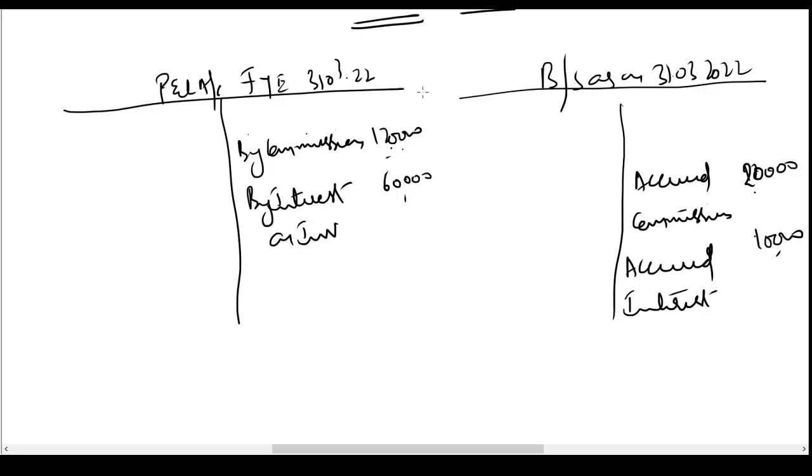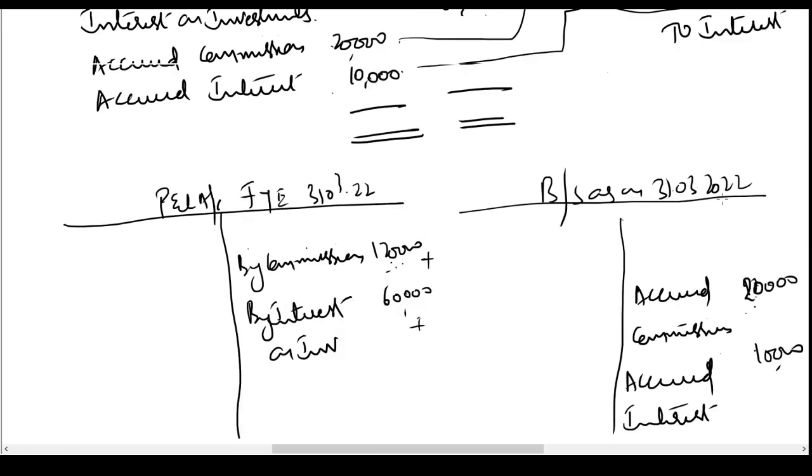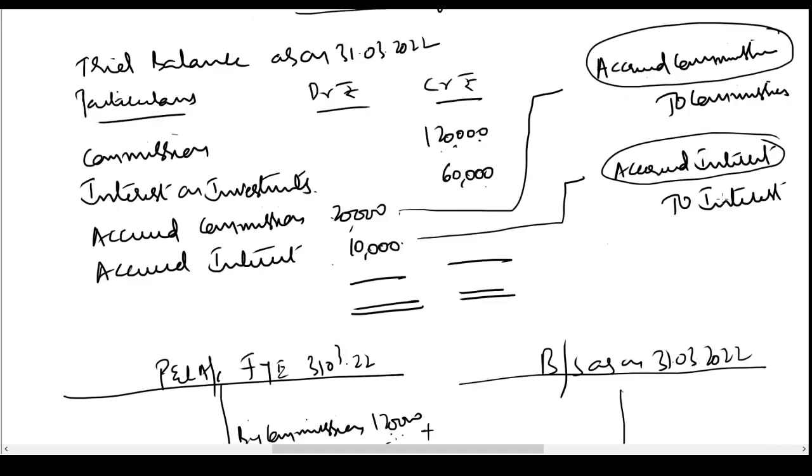Now the question is, should I add these amounts again here? The answer is no. These already include this 20,000 rupees, and the 60,000 already includes this 10,000 rupees. So how do you deal with accrued income given inside the trial balance? Incomes are credited to the P&L account. Accrued incomes, these are assets for the business. Money recoverable in the future will be shown as an asset in the balance sheet. Thank you.